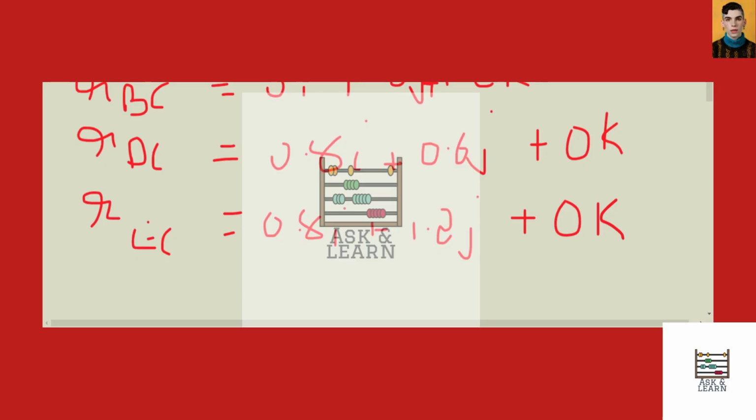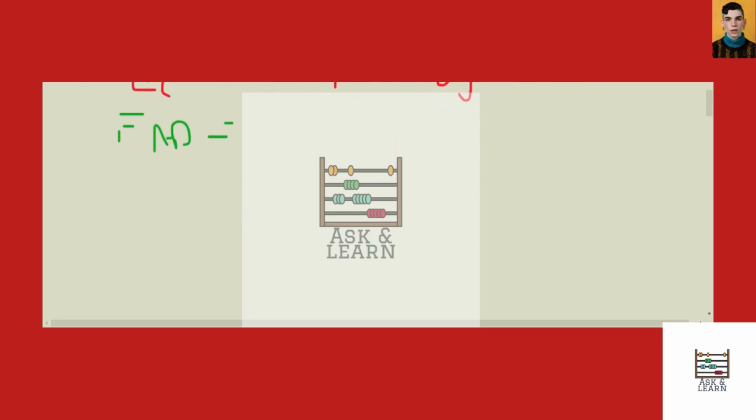If we find the unit vector in these directions, we can write FAD is equal to FAD into UAD